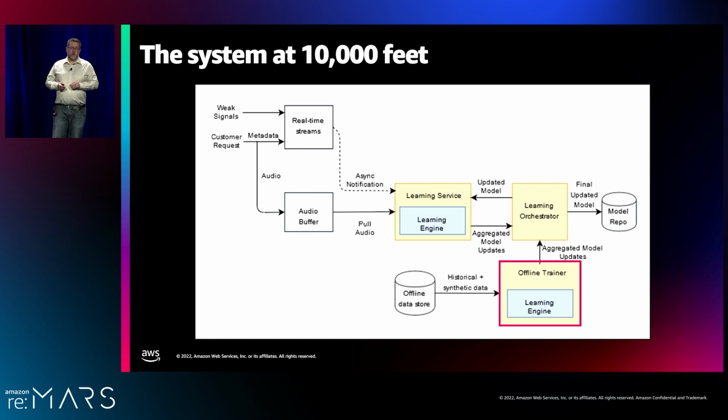The other component that I wanted to describe is the offline trainer. So the offline trainer is actually really similar to the learning service. It's doing the exact same operations. It's taking data in and producing model updates that can then get combined with the model updates coming from the learning service. The difference is instead of operating on real-time data, we have a small store of historical data, older data that we keep around. This could be historical human-labeled data, or it could be synthetic data that we generated to look like real customer data. And so the offline trainer is responsible for creating model updates on this older data. And I'll get into why that's important in a little bit.